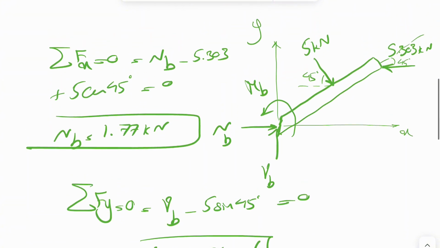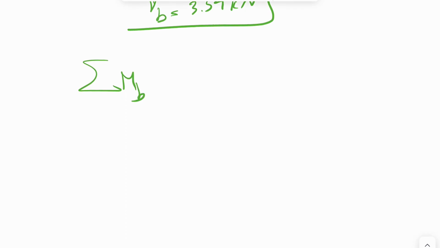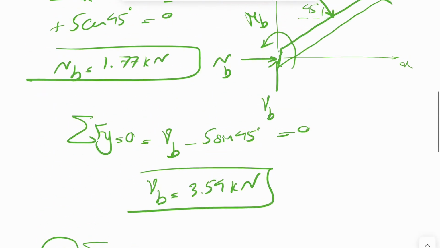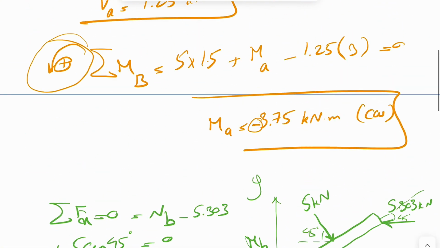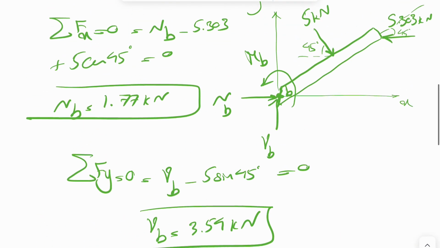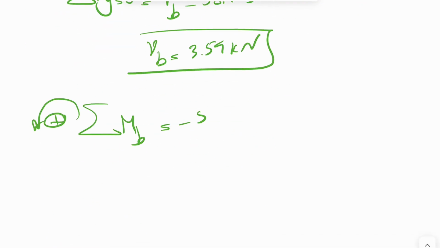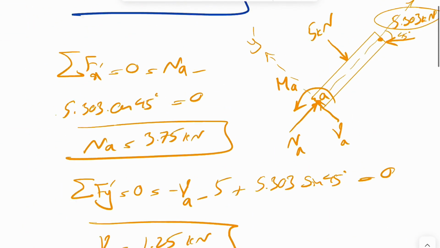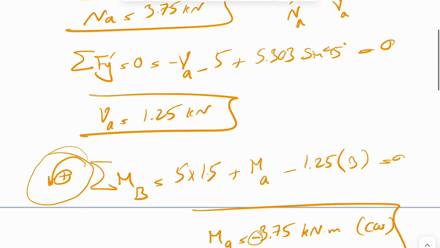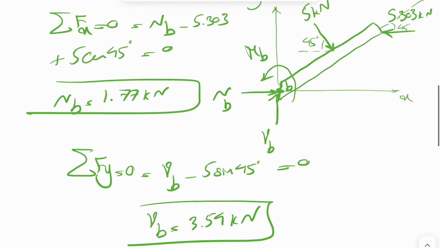So finding the moment, in here we can do the moment about point B this time, and counterclockwise positive, and this B is where the section is, so I called this one B. And in the previous part, this was A. And let's see what we have. So we have the moment of 5 kilonewton, which is clockwise, so -5 times the distance from that force to the section. It's 1.5, so 1.5,